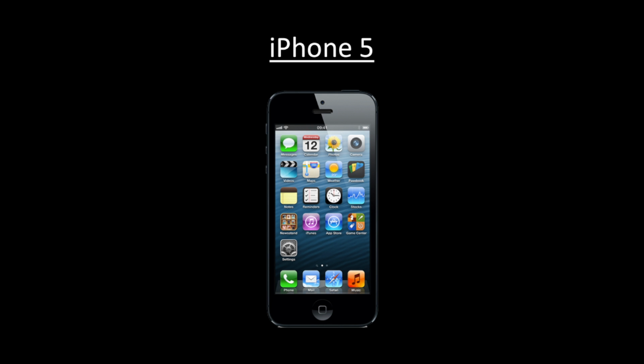Next is the iPhone 5. We used the phone's camera to film our entire production. It was easy to handle and provided a better quality image than the school's camera. It was also easy to transfer the videos that we had on the phone to the MacBook that we used